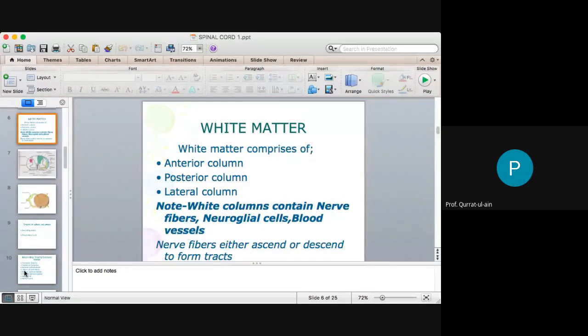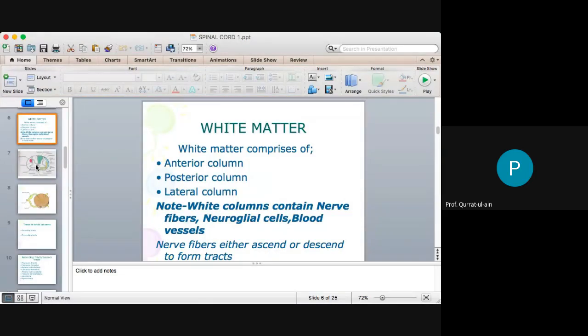The tracts which are present in the white column are either ascending or descending, right? The ascending tracts start from the spinal cord and reach the central nervous system. They pass through the spinal cord, ascend through the brainstem and reach the cerebral cortex. And the descending fibers start from the cerebral cortex, descend through the brainstem and reach the spinal